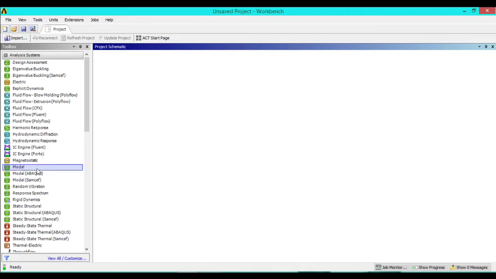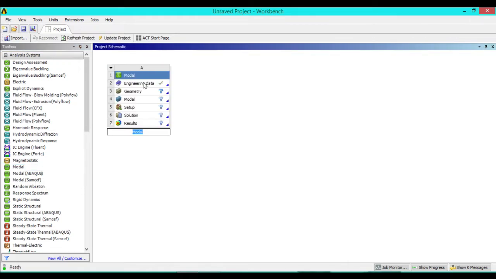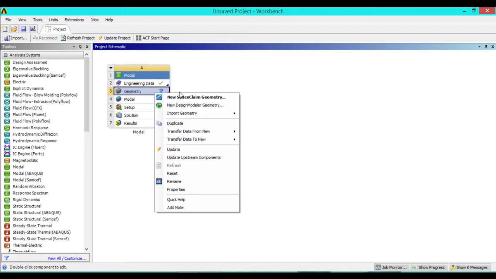Go to modal. And one more thing, while designing the part I designed it in mm in SolidWorks and saved it in Parasolid format. What happens in Parasolid format is that the material that I have provided in SolidWorks will retain its properties in ANSYS, so I do not have to provide it separately in ANSYS. So it is already uploaded in the RAM.